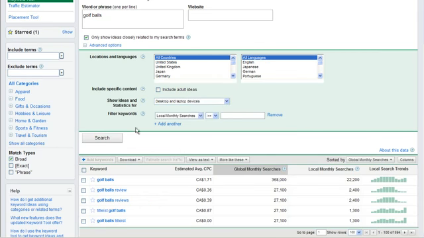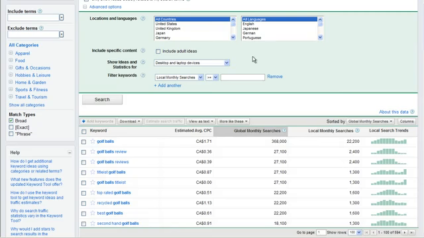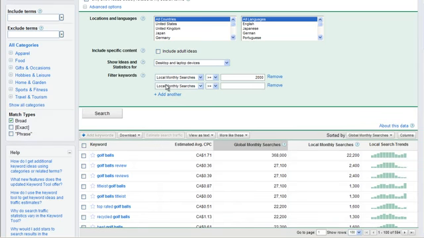Now, next thing we can do is we can also filter keywords. So in golf balls here, we've got phrases only related to my search terms. If we wanted to, we could say, I only want phrases that have 2000, and this is really going to limit this. I'm going to break it down to phrases with a search greater than 2000. And, I don't know, let's change it to average cost per click or estimated cost per click, say less than